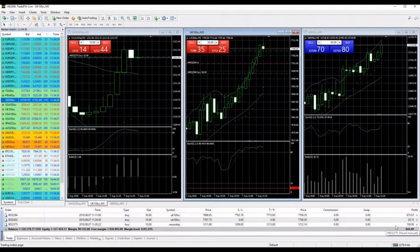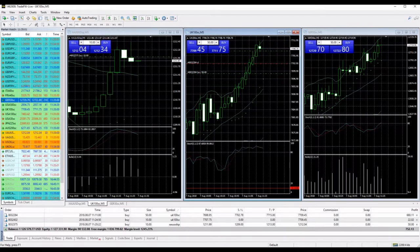So gold is giving us right now $150, and UK 100 is giving us $660. On UK 100, I have a positive take profit, stop loss, which means in any case I will make money. It might be $1,000, which is my take profit, or if it hits my stop loss, it will be 250. But as UK 100 develops, I will move my stop loss and eventually also my take profit. So it will be like a moving